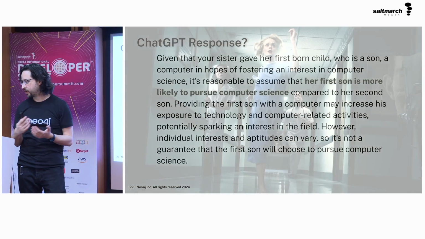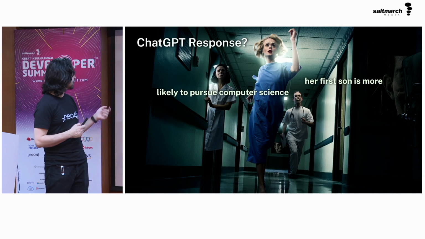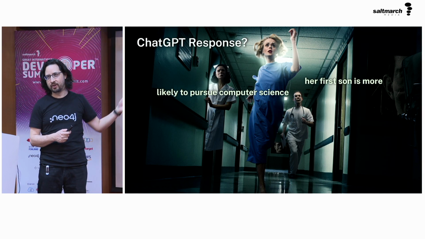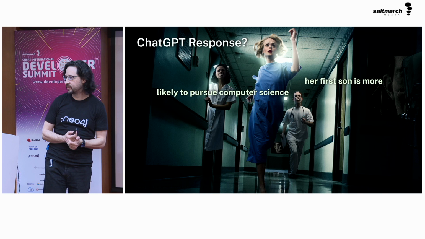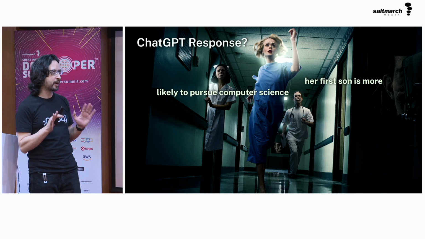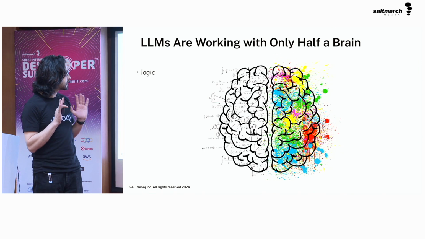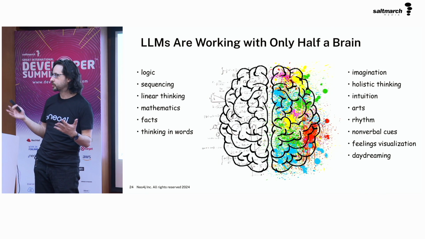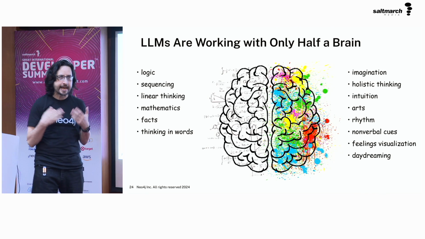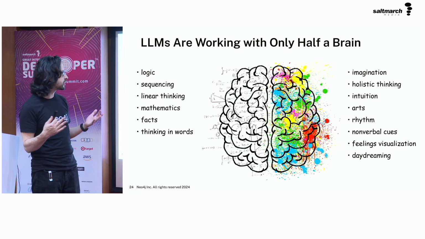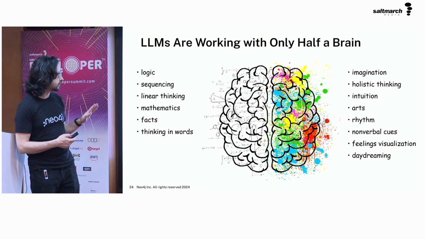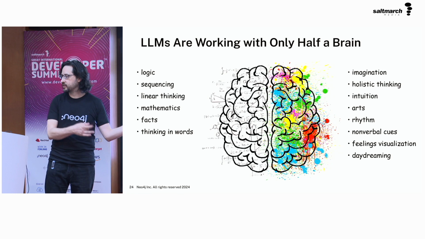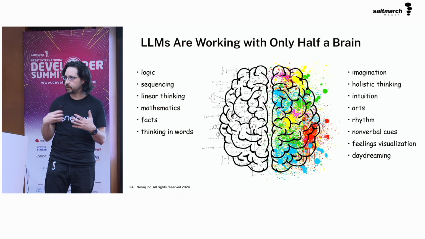Okay, so again, we can see the bias here. It forgot about the girl, thought the first son's more likely. And this is kind of a systematic problem with LLMs. Now, why this matters to us is because we're trying to leverage LLMs for business problems. We're trying to get it to actually answer complex domain-specific problems. And you can see from the response that it's giving